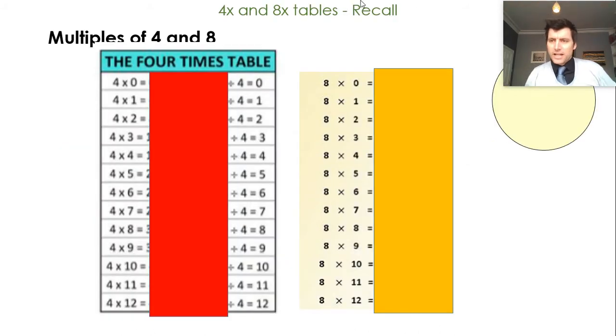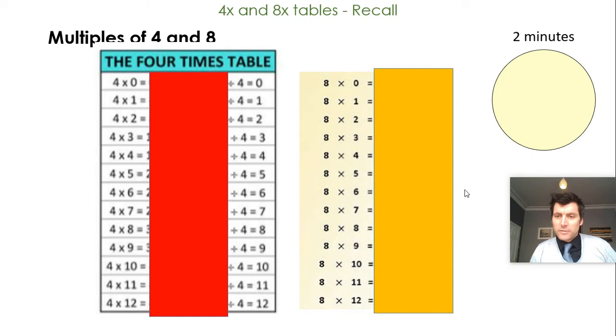Okay, guys, first thing we've got to do to be good at this is our 4 and our 8 times table. So there's a big red and a big yellow or orange block there, and there's going to be a timer. We've got 2 minutes to try and fill in all these gaps. If you want to copy out the factors for each of these, you can do so. You could write 4 times 0 equals and then write the answers. Or what you could do, if you're being a bit cheeky, a bit lazy, is just write the missing numbers. You've only got 2 minutes though, so I suggest maybe go for the missing numbers unless you're super quick